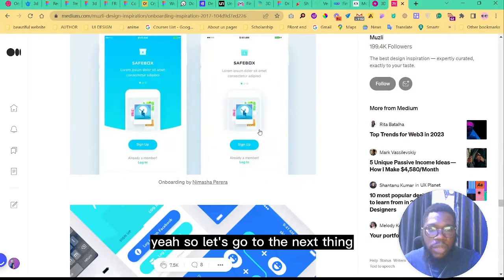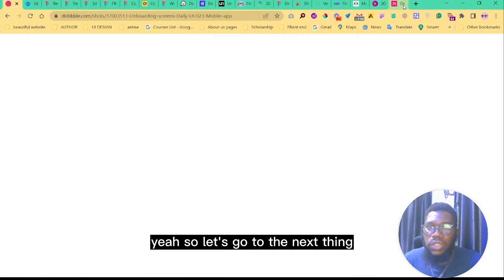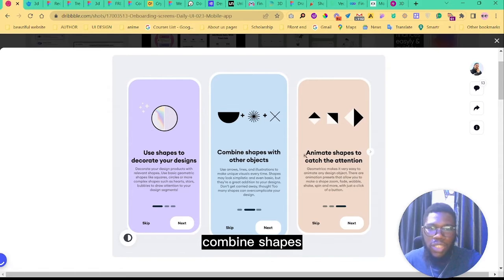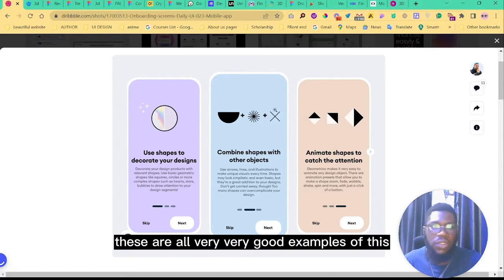Yeah. So let's go to the next thing. I like this particular design. It even explains it: use shapes to decorate your designs. Combine shapes. Animate shapes. These are all very, very good examples of this. So now the website